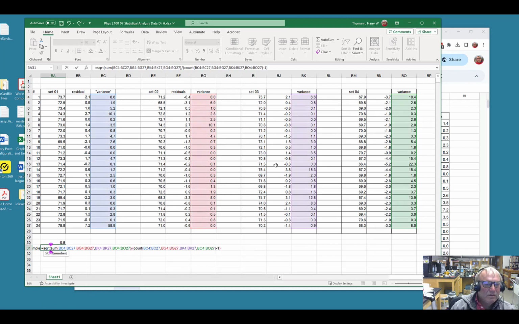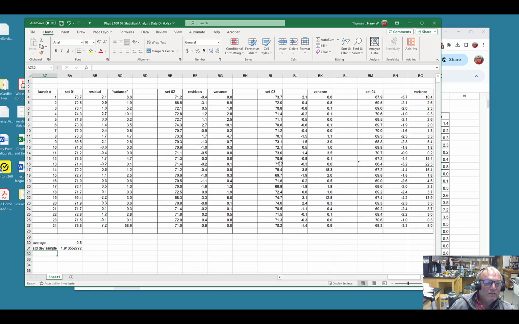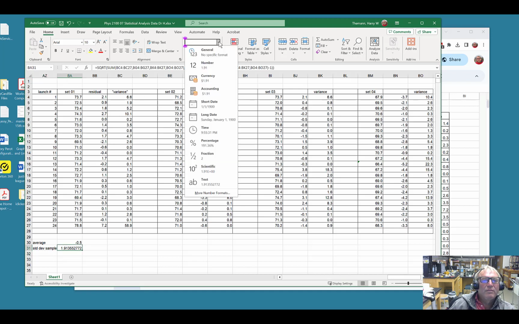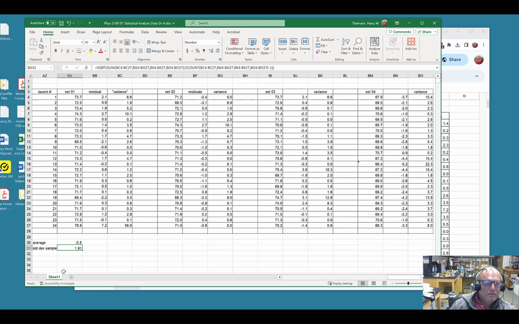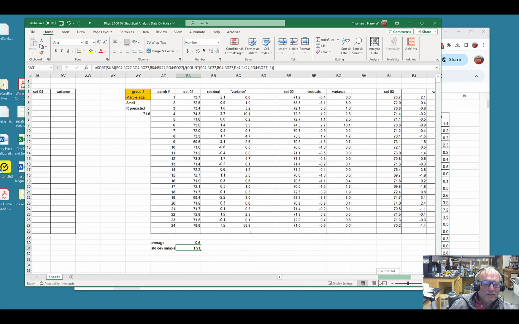SQRT, yeah, and close it. And that's the standard deviation of the sample. Wow, not bad. And I want to just keep 2 decimal places. So I formatted it. Now I want to get the standard error,